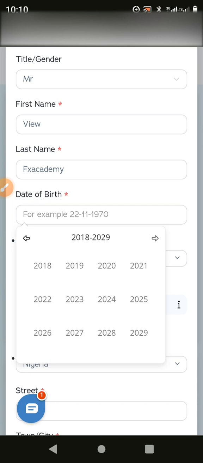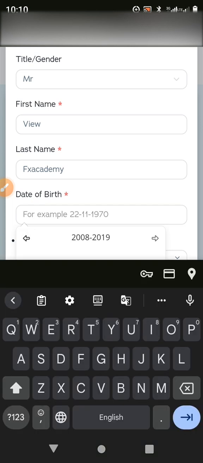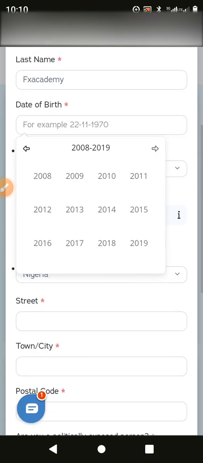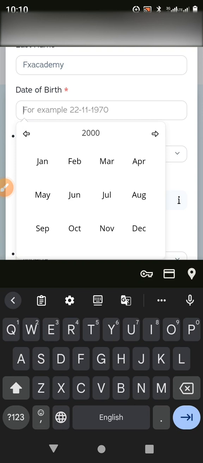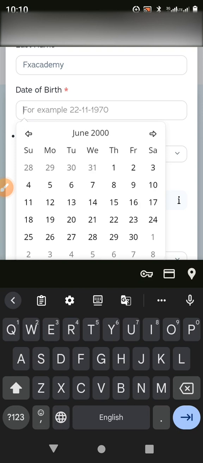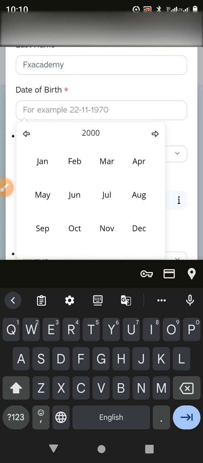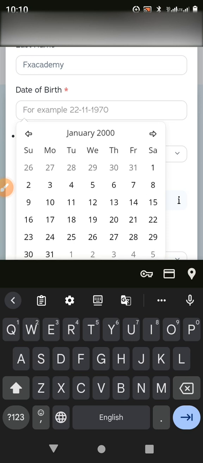So you can scroll back like this, or you can go forward. If you are born in the year 2000, choose that. You choose your month, and you choose the day. I'm going to choose 2000 January 01. Okay,